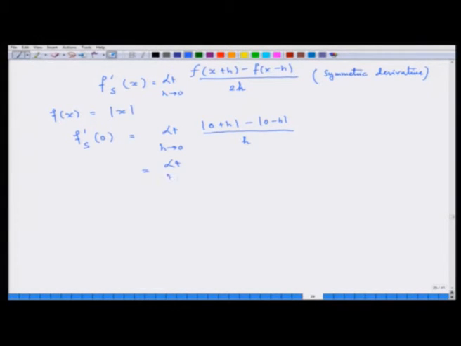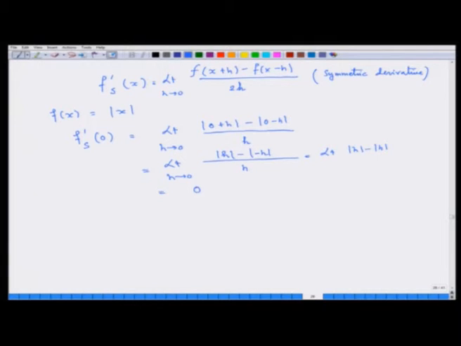So, limit h tends to 0, you can divide it into two parts, h positive, h negative, and left limit, right limit, and do it, but that is not really required, as this is mod h minus mod of minus h. So, mod of minus h is same as mod h. So, basically this is 0, because this is same as limit mod h minus mod h. So, if h is positive, this is negative. So, there will be a minus in front of it and it will become h. So it will become h minus h.